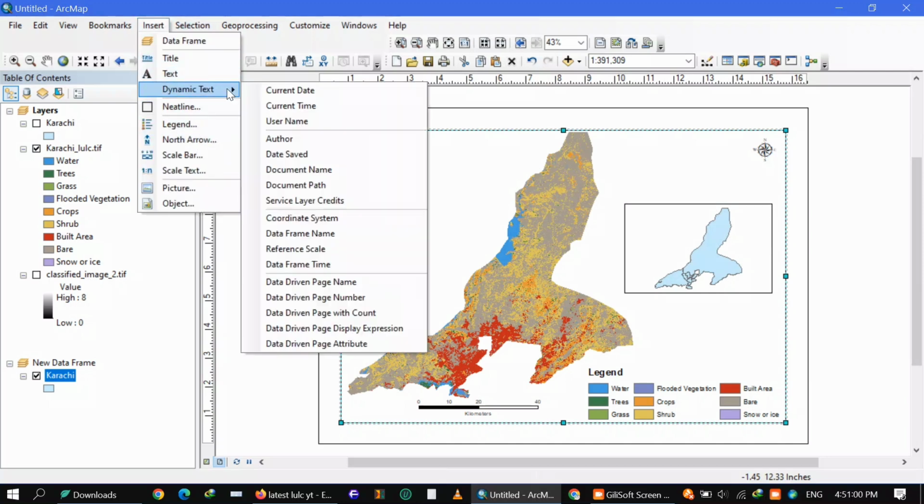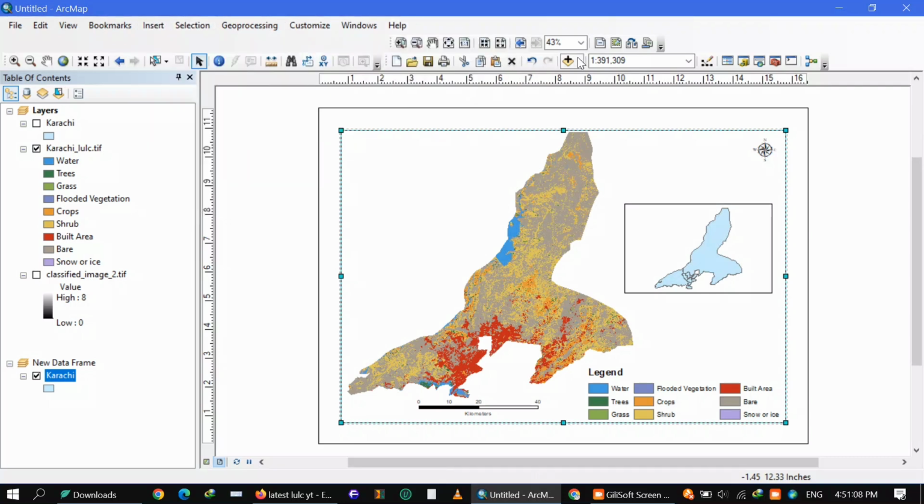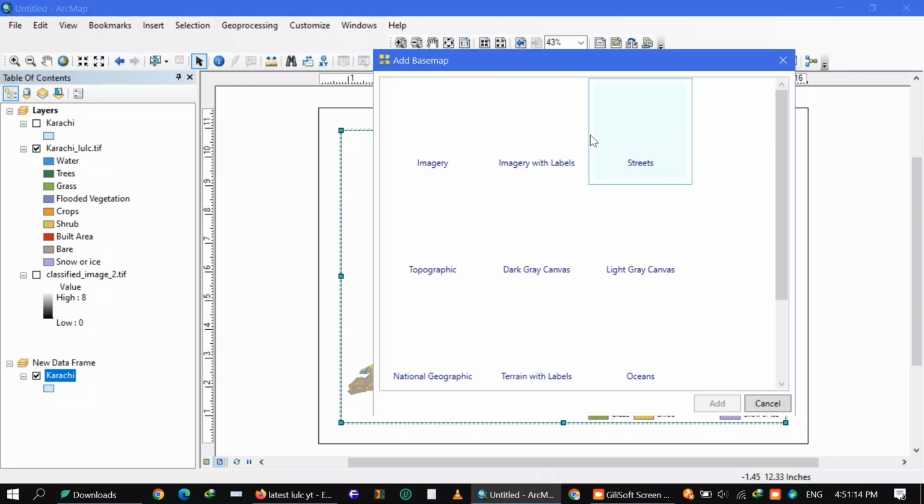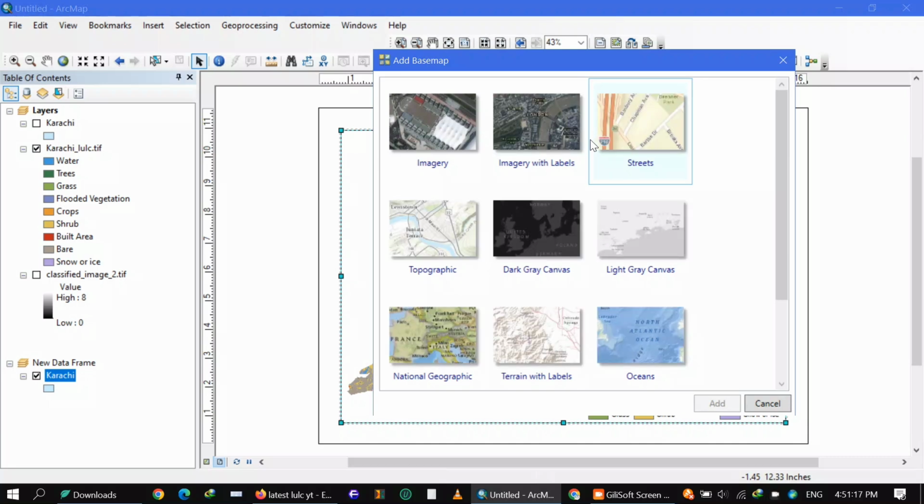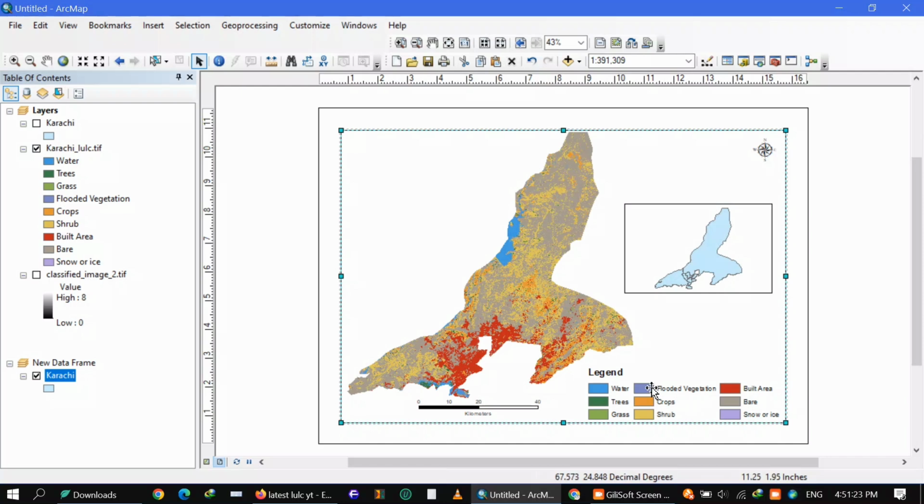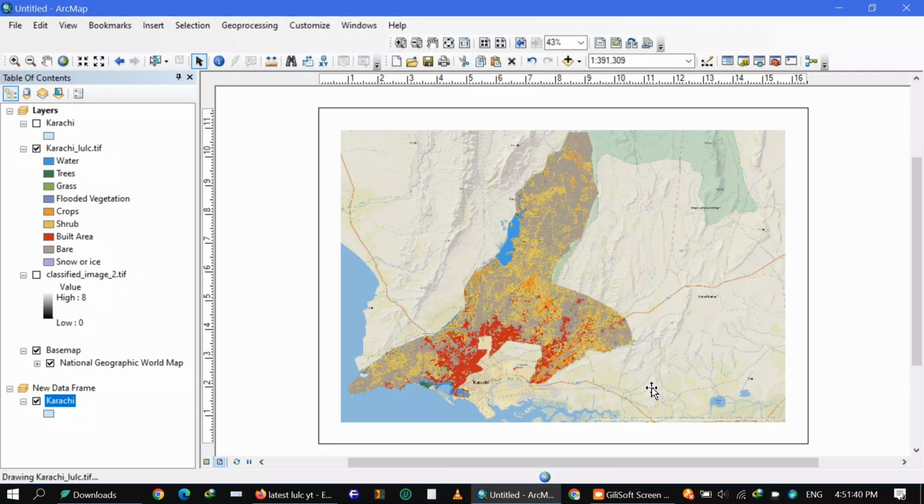And for example, if I want to add a base map, just simply go to the add data, and here you have to select add base map. So you can select any of your choice. Here I'm just going to select National Geographic, just to give you an overview and example. It's loading, and then you will see how it gives us a beautiful land use land cover map. Then after this layout designing, I will also show you the accuracy of land use land cover